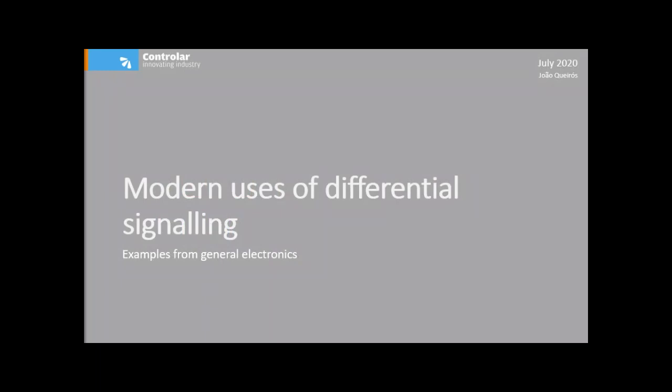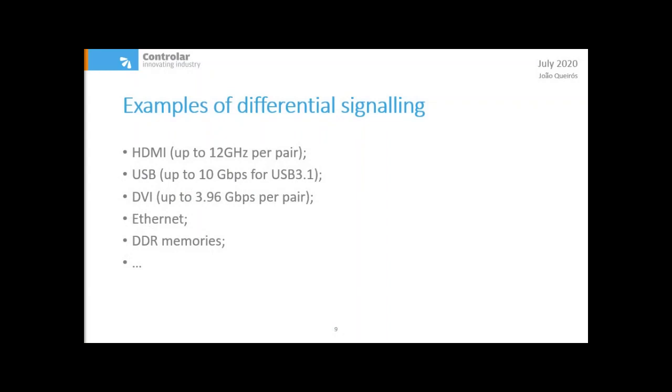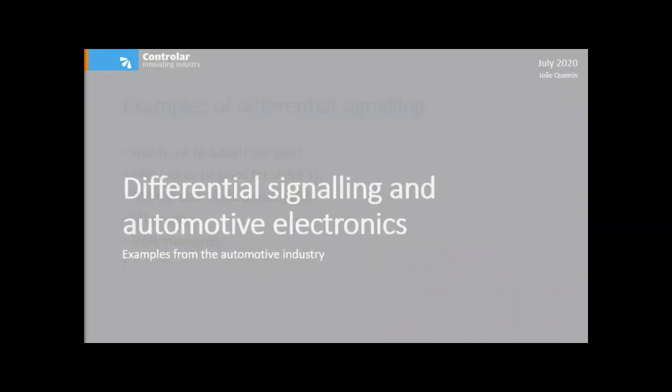Differential signaling is used in many consumer electronic devices nowadays. A few examples are presented here with various different speeds and signal encodings. Many more could be here from different industry sectors. These are the more commonly available on consumer electronics, however. From our media centers with HDMI to our computers with eDP or USB, for instance, differential pairs are broadly used in many sectors of electronics.